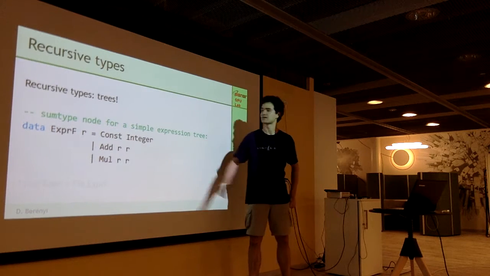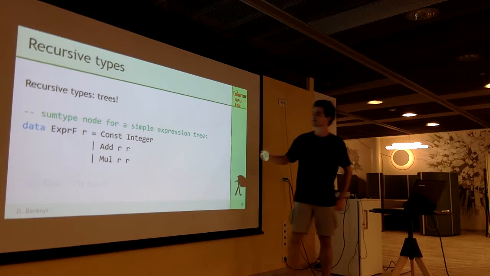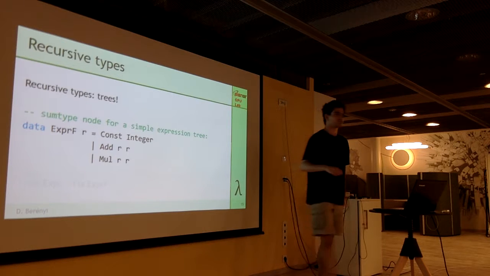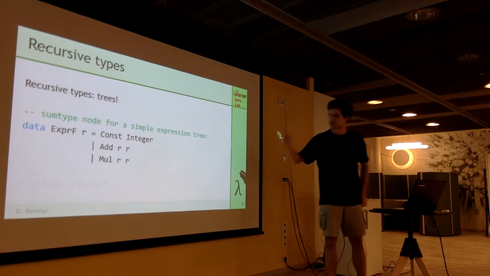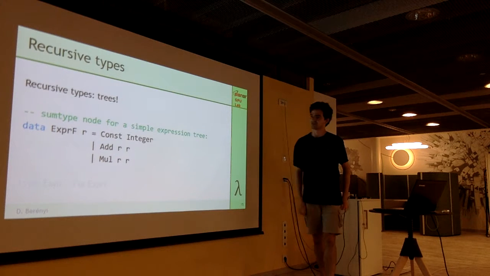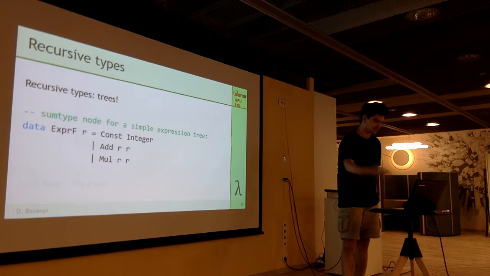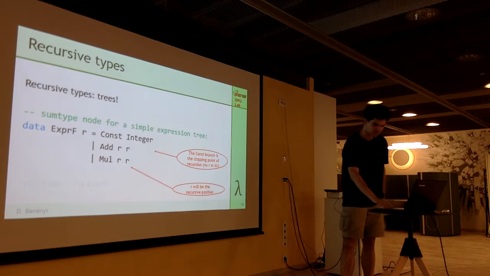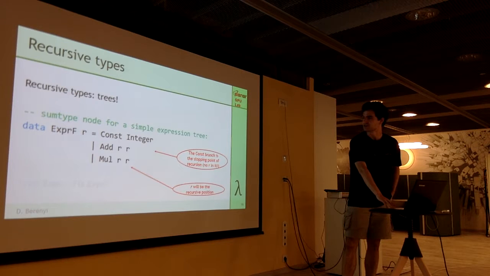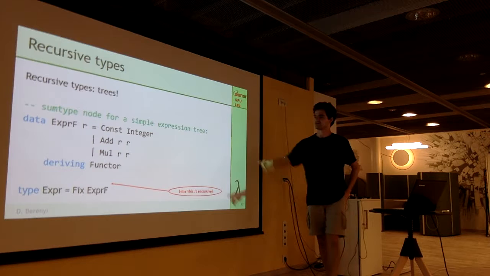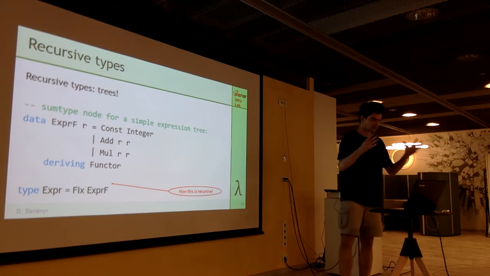R is missing from it, so it will mark the endpoint of the recursion, and all the others, now I have just addition and multiplication in this tree, are making the location of a binary branch that will continue until it hits the constant branch somewhere at the very depth. Okay, so we have this induction step and the exit condition. This is really cool, and we can fix this type and now use this fixed type to create and store